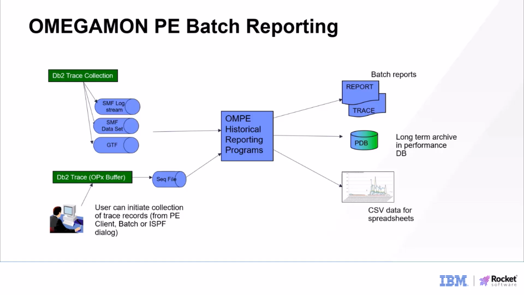And once you have your input files identified and you generate your batch jobs, which is what we're going to be walking through a little bit later in this presentation, you get various output choices for your report. So you can do your batch reporting online. You can also have something called the performance database, which is a DB2 based performance warehouse that you can actually offload the data to do long-term archiving and statistical type analysis type of reports,